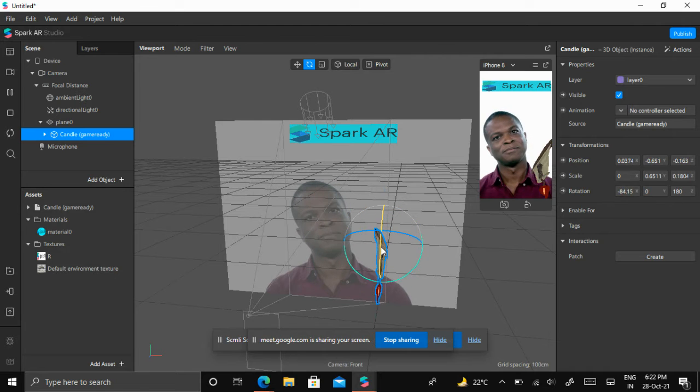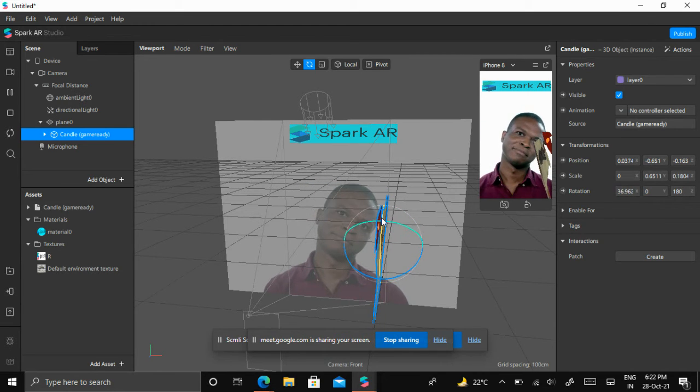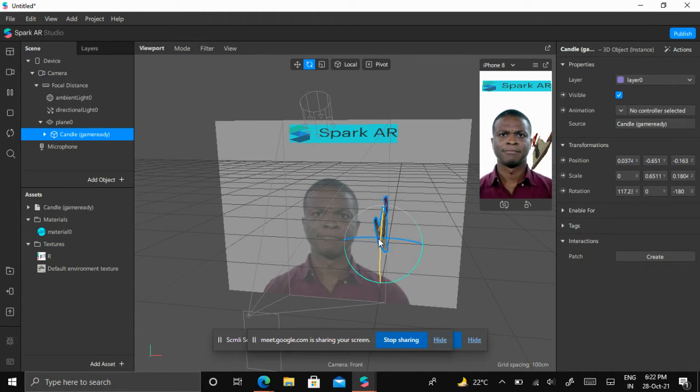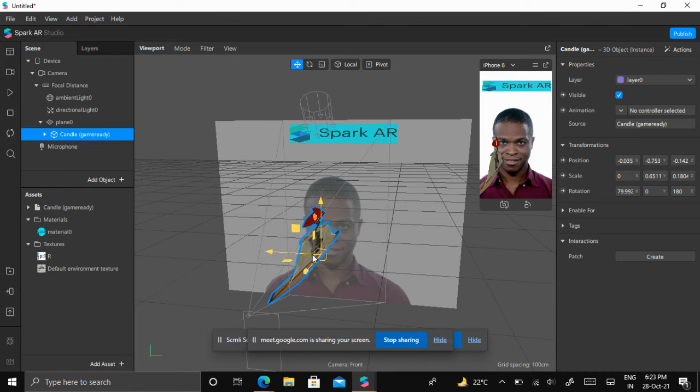Just a second. Yes, fine. I will be pausing this phase because it's not convenient for me. Now I'll be positioning it here or here. It's fine here, right? Okay, so this is a candle.